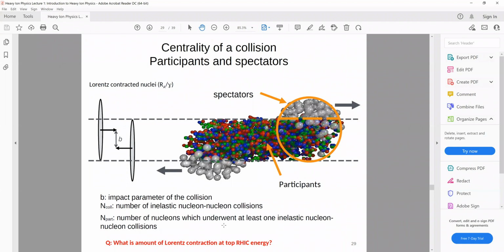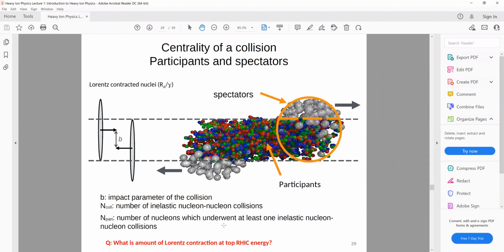So what will be the amount of contraction? It will be RA by gamma, right? Gamma is the Lorentz contraction factor. We know that L goes to L by gamma, the result of Lorentz contraction. So along the direction of the beam, which is the z direction, it will be RA by gamma,